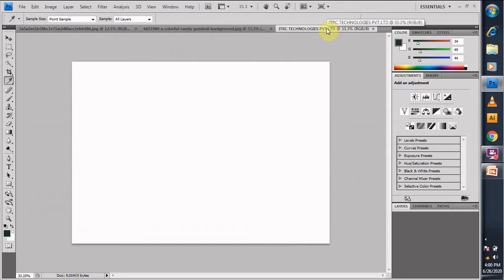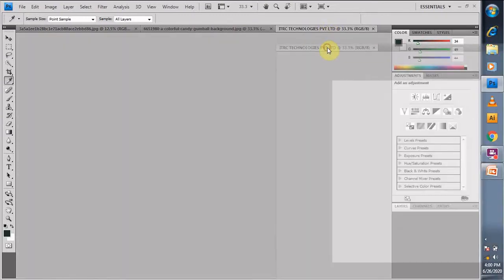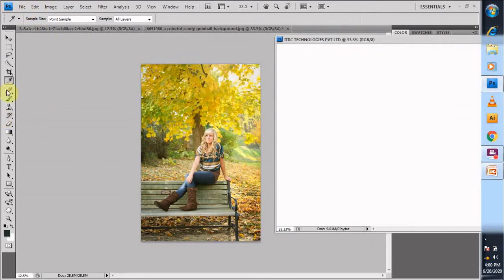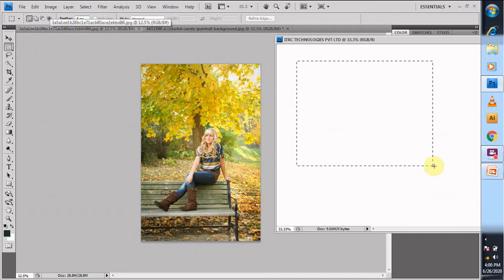So here you see my new document gets opened up, and suppose I want to create something, and I've increased the feather. Feather is basically for smoothing of the borders, and I'm taking my feather as 5. So I'll create a design over here, and I want this color to be filled in this area. So I'm unable to find the exact RGB values of this.